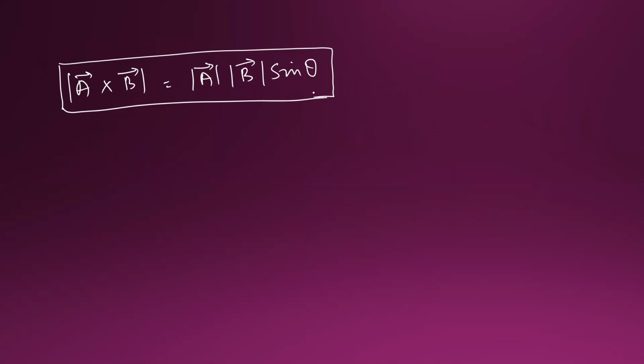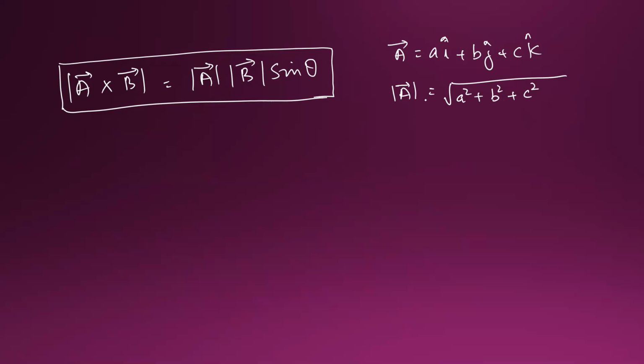So here, as you can see that a cross b, it will be a vector and we have to find the magnitude of that vector. This modulus sign shows that you have to find the magnitude of that vector. How to find the magnitude of any vector? We already studied in the previous video that this is a i cap plus b j cap plus c k cap. If you have any of these vectors and you have to find the mod of this, what you have to do is you have to square the coefficient of i cap, square the coefficient of j cap, and square the coefficient of k cap, and add all those three values. You'll find the magnitude of these vectors.